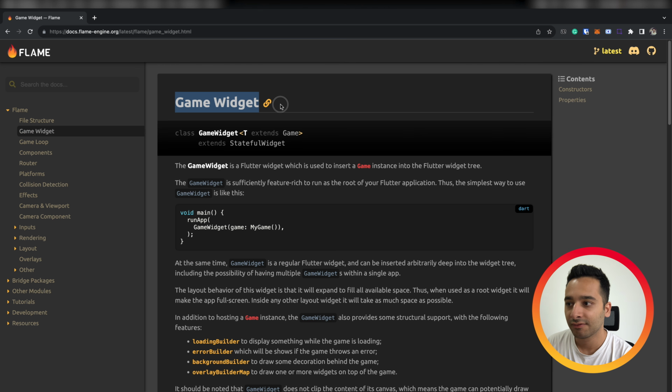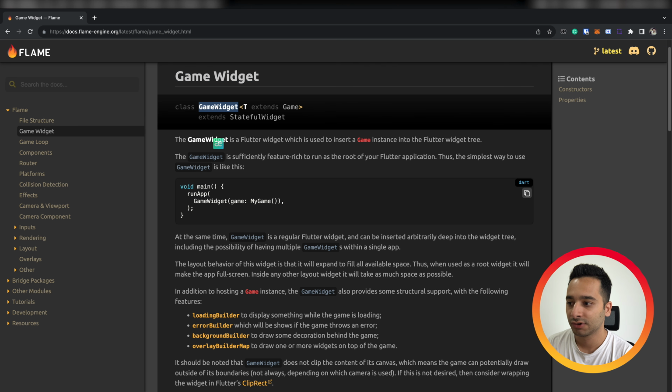And we have a game widget. As I say, Flame itself is a widget, so you can combine it into your Flutter widget tree or Flutter application. In most cases, we have a full screen of this game widget. For example, in this case, we have a runApp, so we don't have any material app or Cupertino app on the top of the widget tree.